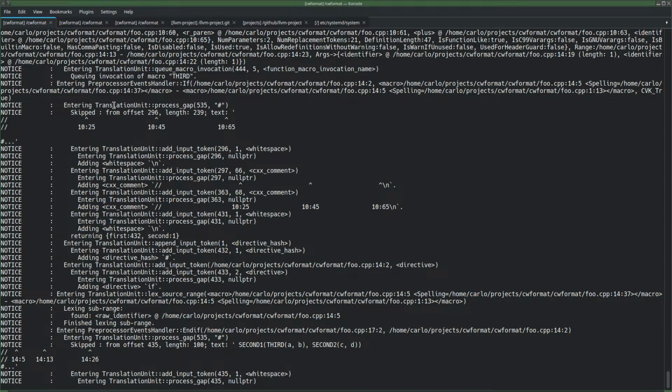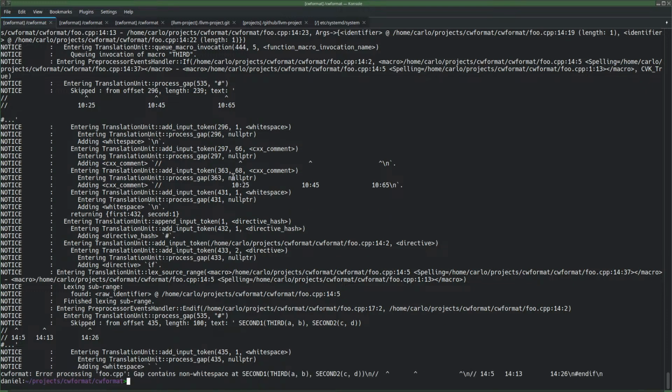So we have an example then. We're entering translation unit, process gap till the next hash. And then it says skipped text. Well, new line, I guess. I'm not sure. I want to print it like that. I mean, this is like the literal text. You might find it more readable, but